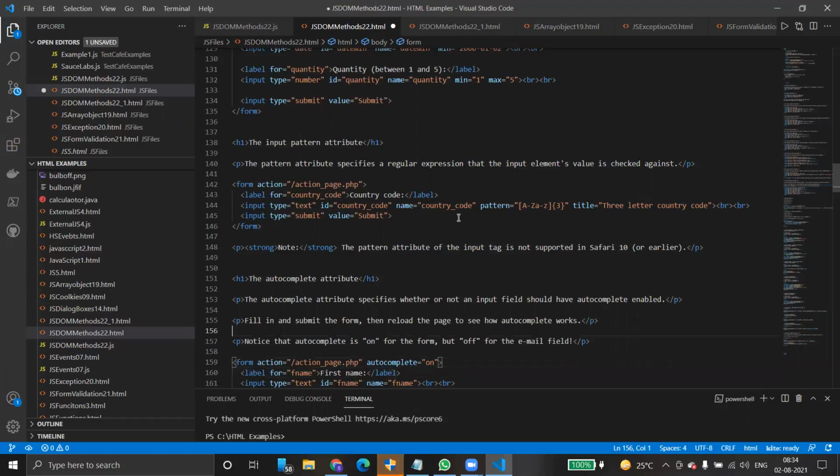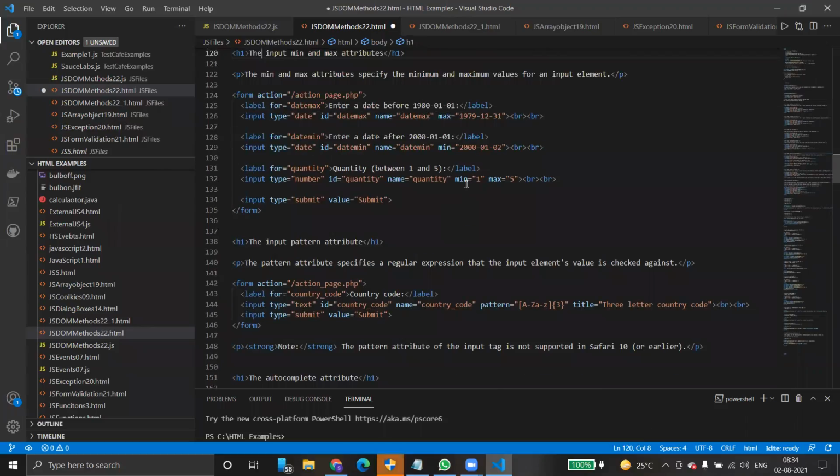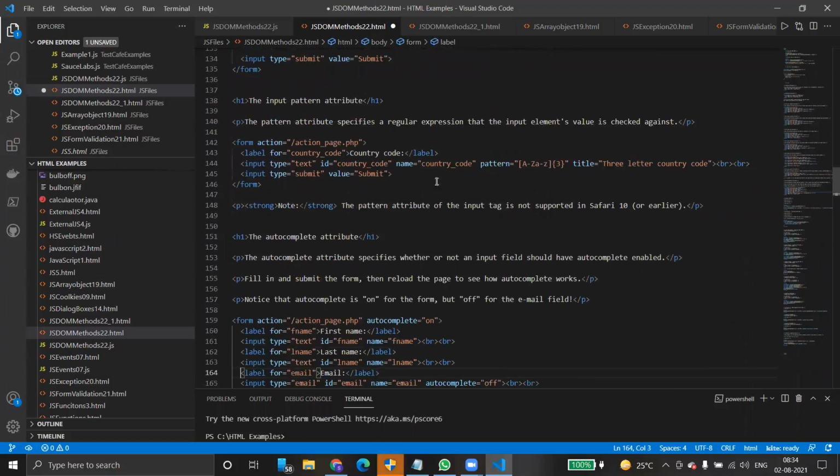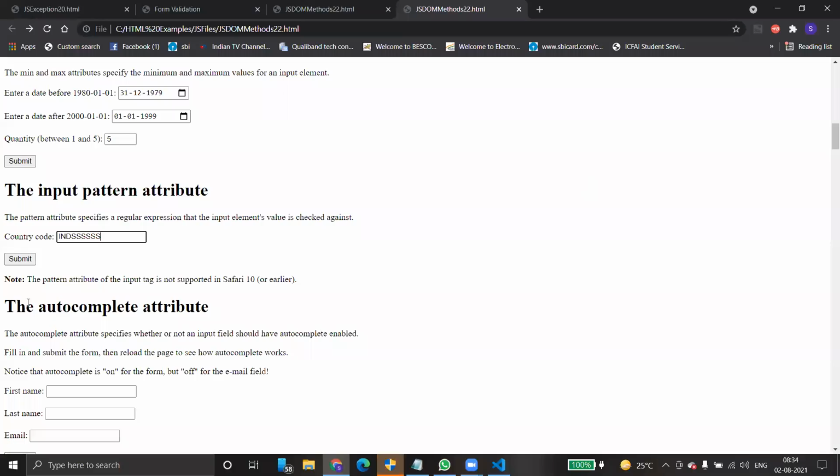If you specify maximum length like this, where is the maximum length? Yeah, maximum length is 4, then it does not allow. But basically here, what we are checking, maximum length equals 3. Refresh it. Now just select allowing India pattern country code.